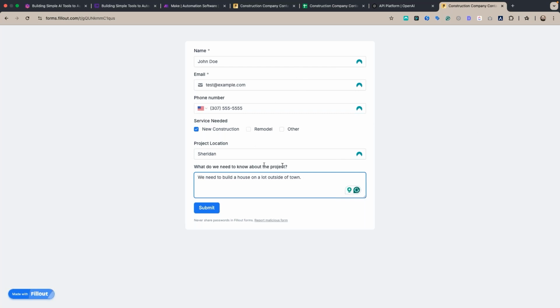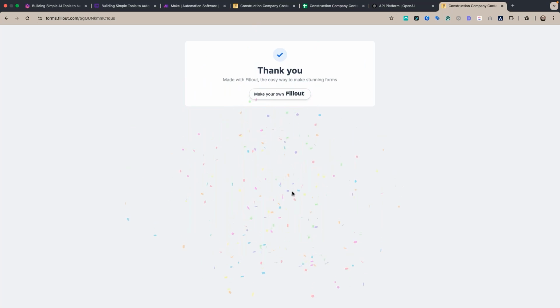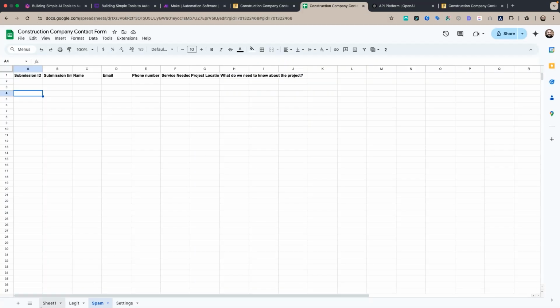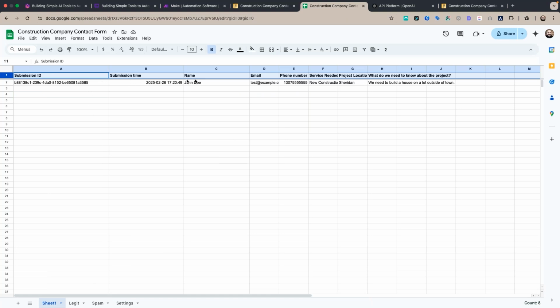So just basic information you might see. Once we submit, we get a little animation. And so now if we go back into our sheet, we can see our submission has been saved into our sheet. Now, if for some reason you lost this sheet, Fillout